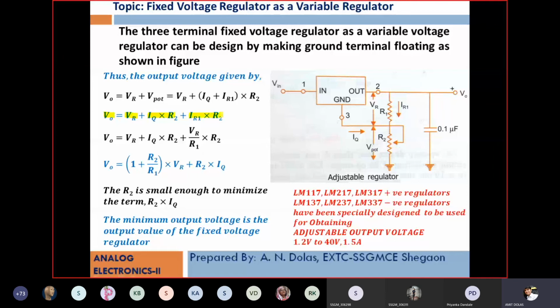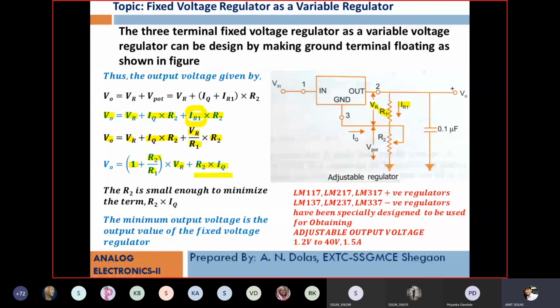IR1 can be again rewritten, IR1 is what? It is current passing through R1. So in the form of voltage and resistance, it will be VR by R1. So VR by R1 into R2. So taking common, VO will be (1 plus R2 by R1) multiplied by VR plus R2 into IQ, where